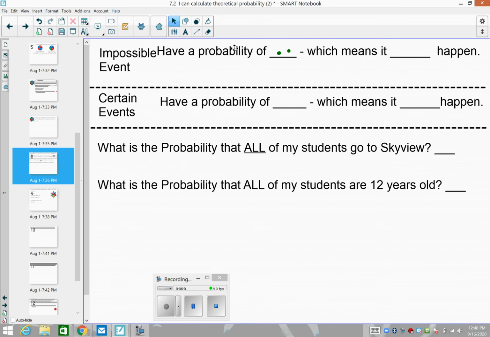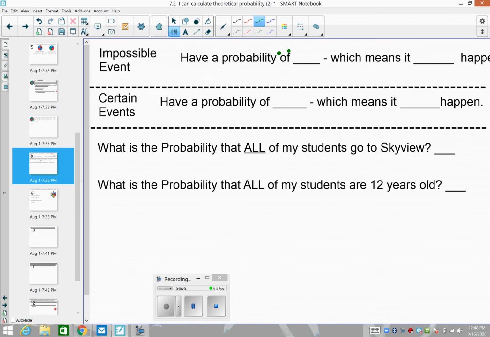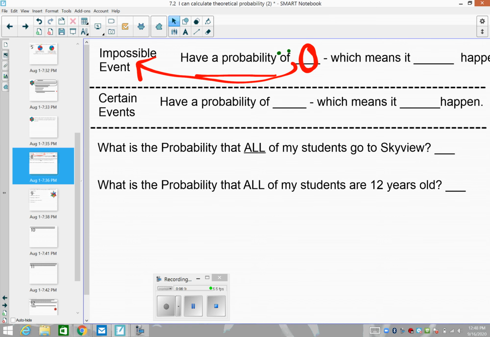Has a probability of 1. Or, sorry, a probability of 0. Impossible event. Means it cannot happen. That means that it cannot happen. Impossible event. So, for example, if I have a spinner,